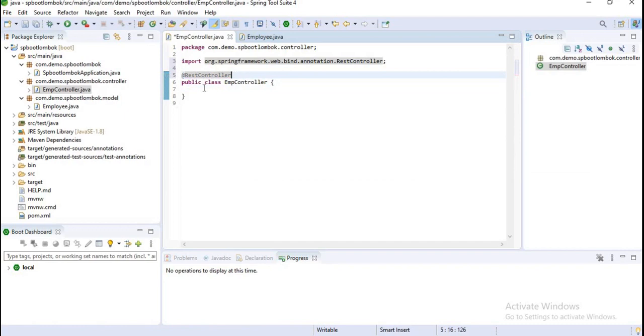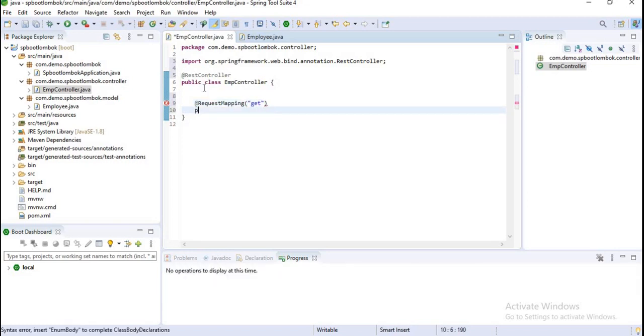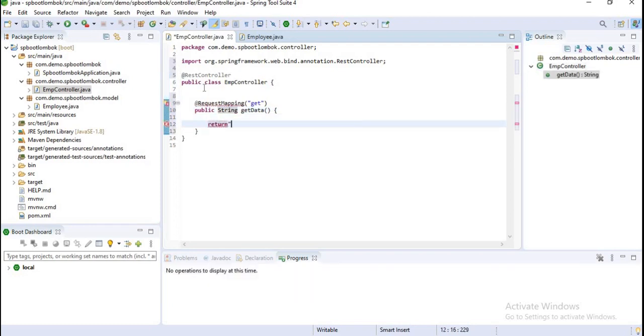Okay, and let's create a method here. The request mapping. Let's do public String data. Return.